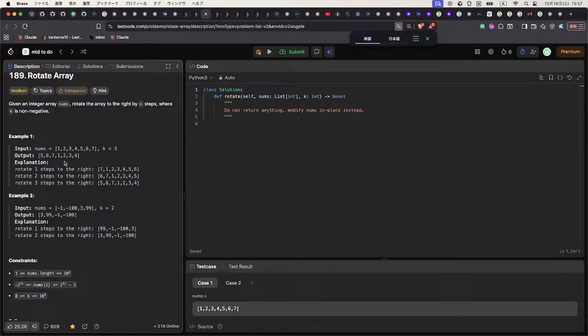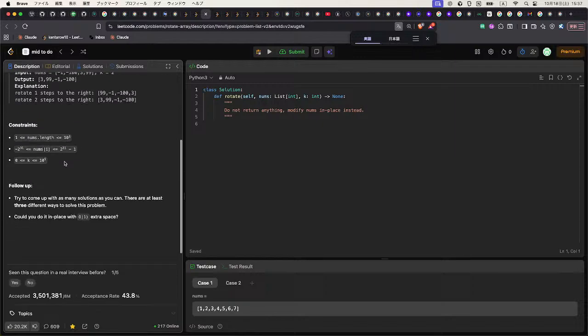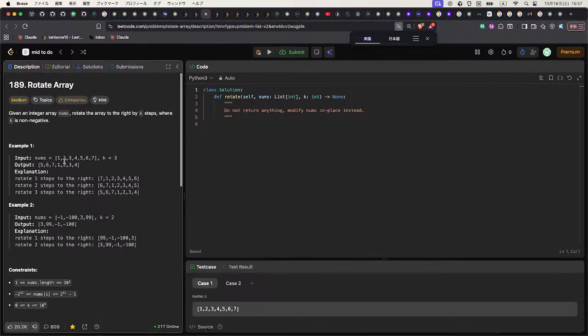In order to solve this problem with constant extra space